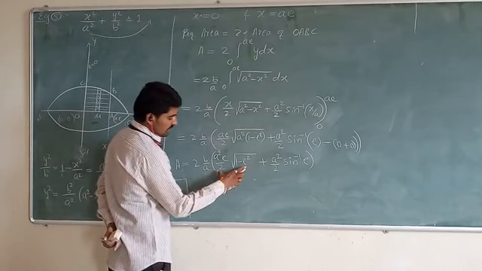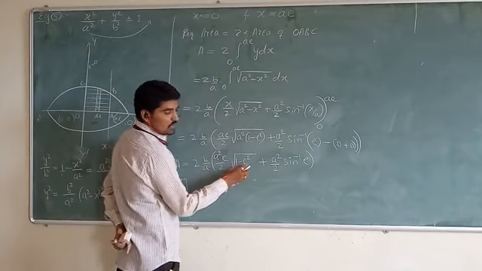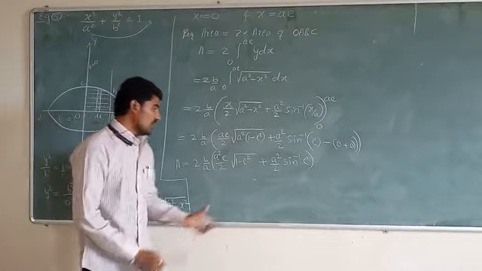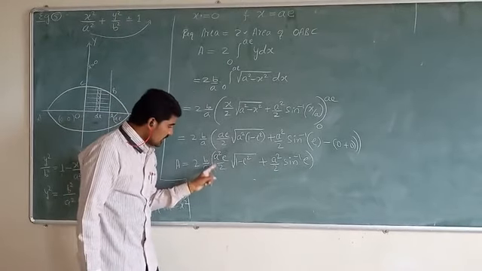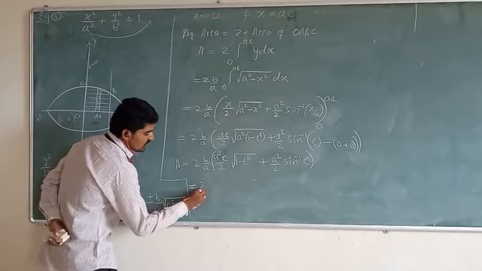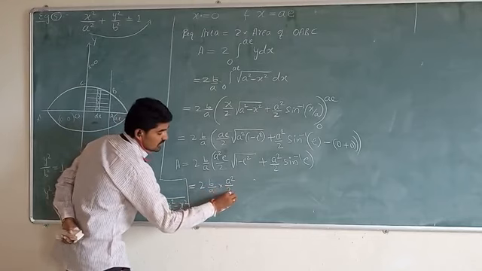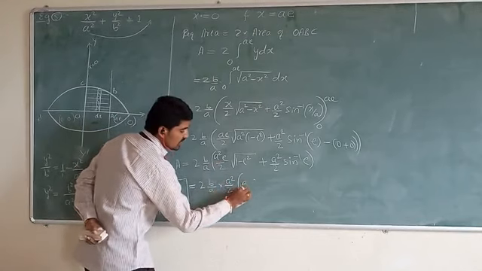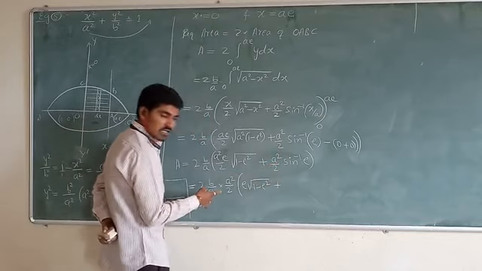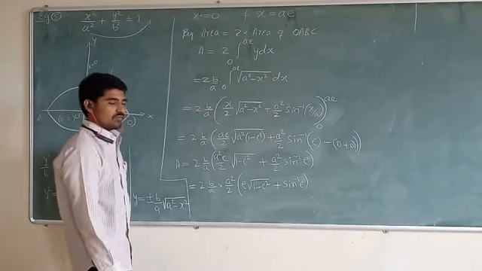Here inside the bracket there are two terms: a square e divided by 2 into square root of 1 minus e square, plus a square by 2 into sin inverse e. In between these two terms we can take a square by 2 as common. So 2 times b by a into a square by 2 is common. What is the remaining thing here? e into square root of 1 minus e square, plus a square by 2 is common, and the remaining thing is sin inverse e. I hope all of you understand.